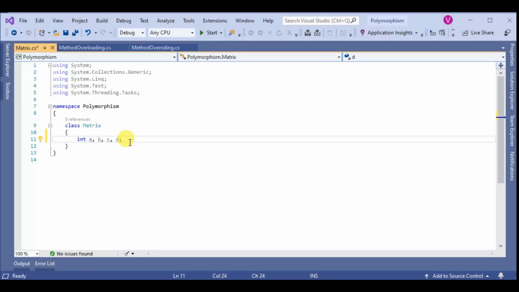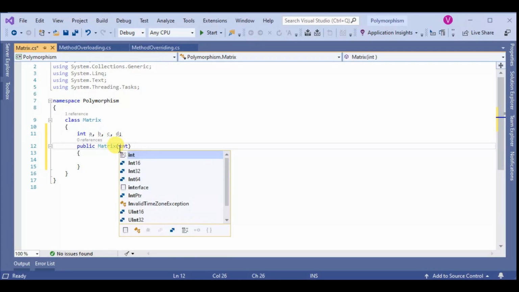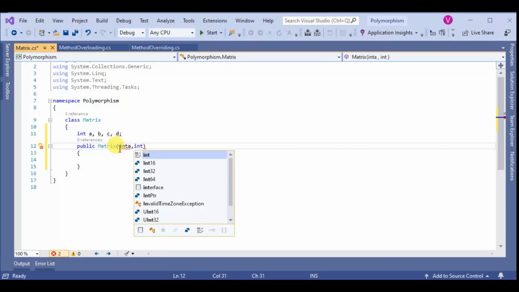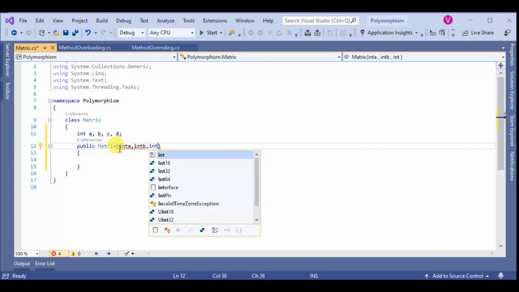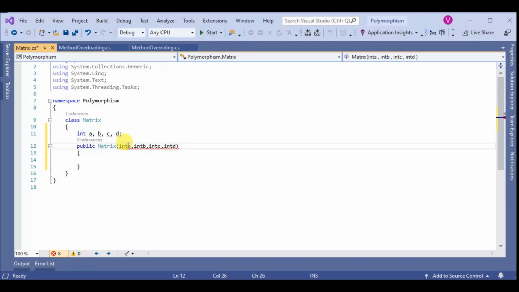We are adding 2 by 2 matrices, that's why we declare four integer variables. Then a public Matrix constructor with int a, int b, int c, int d.